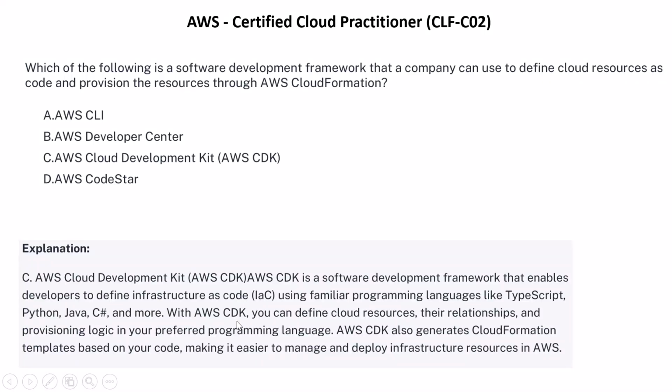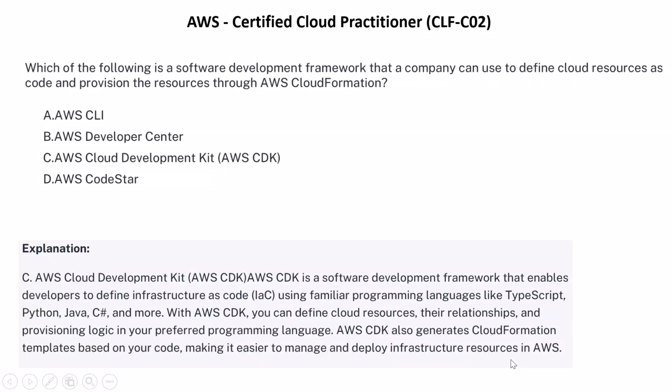With AWS Cloud Development Kit, you can define cloud resources, their relationships, and provisioning logic in your preferred programming language. AWS CDK also generates CloudFormation templates based on your code, making it easier to manage and deploy infrastructure resources in